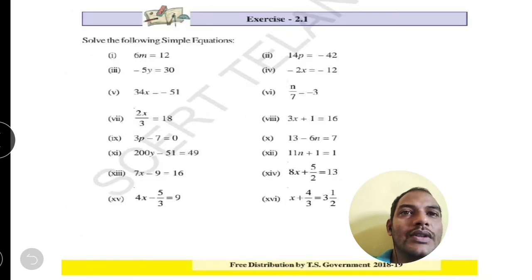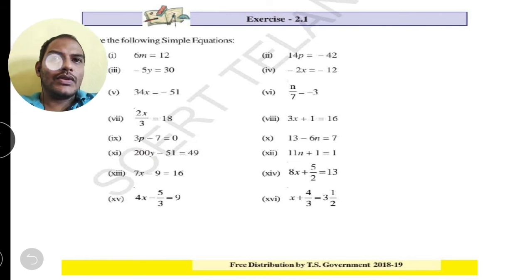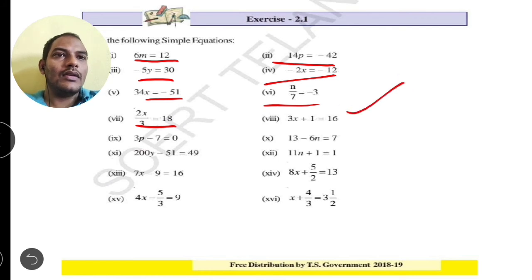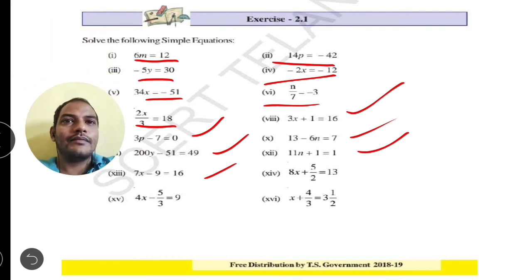So, similar questions to example 1. Children, the first question is not similar to example 1. The second one also not. Third, fourth, fifth, sixth, seventh. Yes, the eighth problem is similar to example 1. Ninth, 10th, 11th, 12th, 13th. So all these problems are the same as example 1. So I will explain